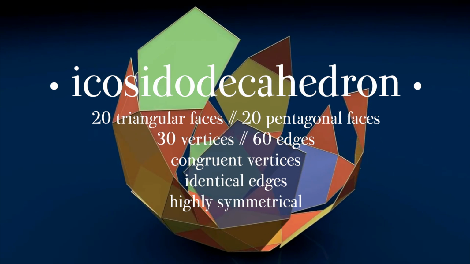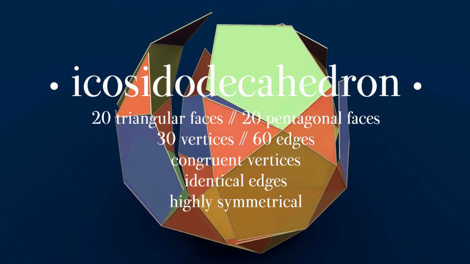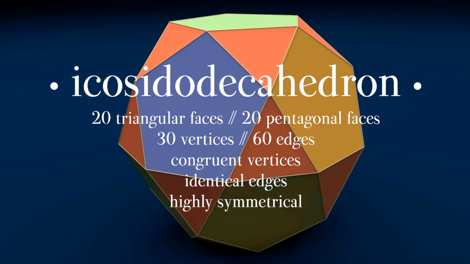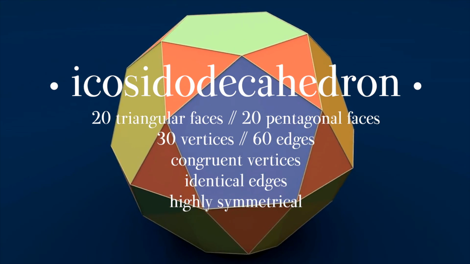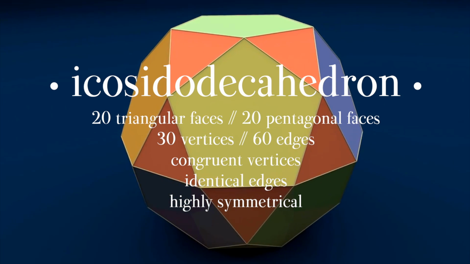It's made up of 20 triangular faces, 12 pentagonal faces, 30 vertices, and 60 edges. Each vertex is congruent, containing 2 triangles and 2 pentagons, and each edge is identical, linking a triangle to a pentagon, meaning the shape is highly